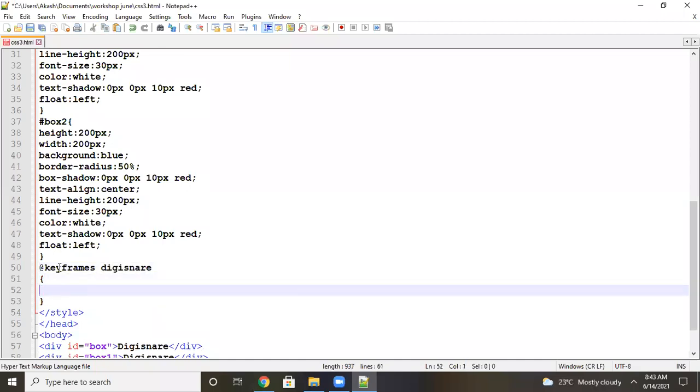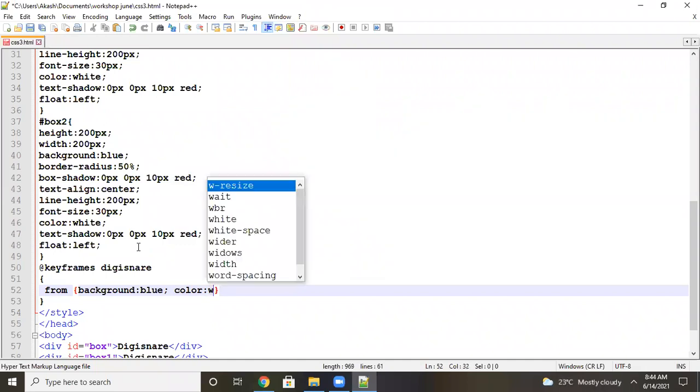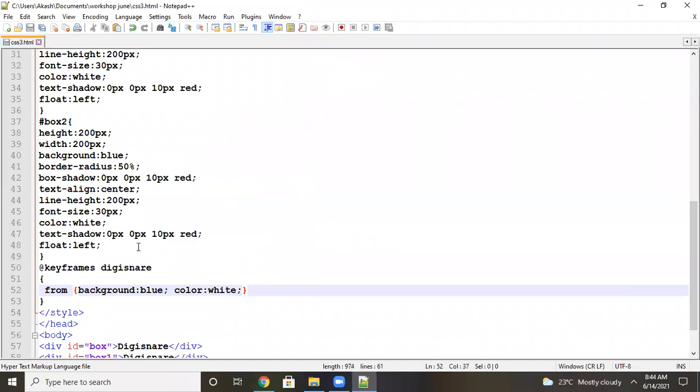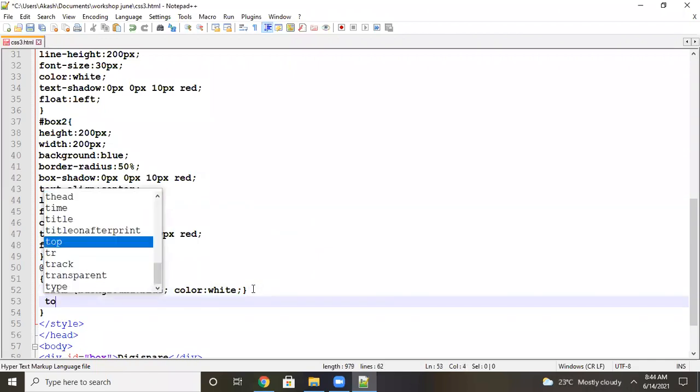Here you can see I will add two properties. One is the from property, meaning I will change from one color to another color. You can see I will mention here the property blue, and one more I will take, color, whatever is present, white is there. I will take from this state to another state. Similarly, one more I will take, to.